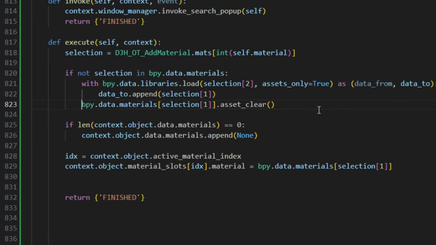All of this needed to be added to the execute function, and so to begin with, I will check if the material that was selected is already in the file, because that theoretically could happen. If it is not already in the file, then we need to append the material from the library that contains it. And then because we're appending an asset, we'll just also clear its asset status. That guarantees that the material will be in our blend file, so we can then simply apply it to the